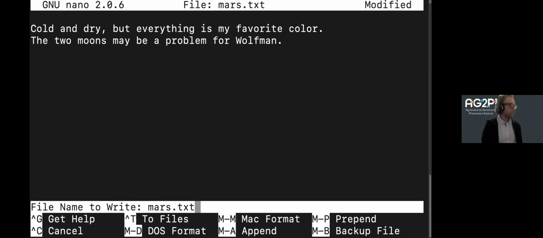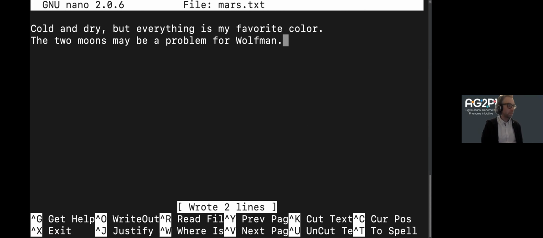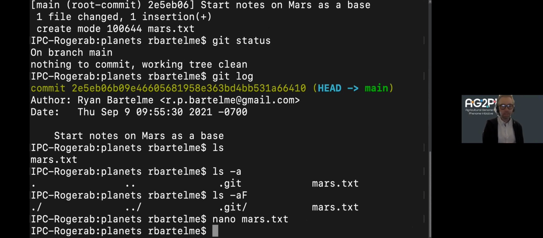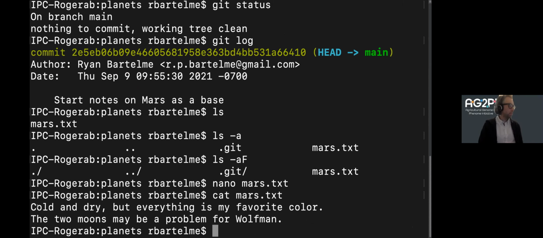So we can write this out again. I did Control O and then Control X to exit. Now, if we check this again with the cat command, mars.txt, we can see right here, we have this next line. And so now if I run git status again,